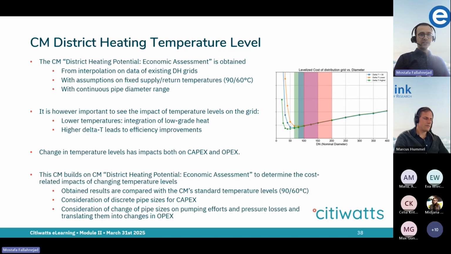And finally, check the impact on the CapEx and OpEx of the grid system. So the idea here is that, going from the economic assessment calculation module and identified district heating areas, if I have certain regions identified by the economic assessment module, what would be the impact if I now have a new set of temperature levels? And that's the purpose of this